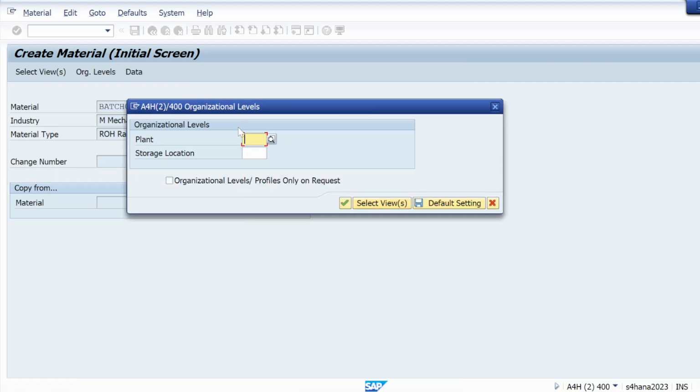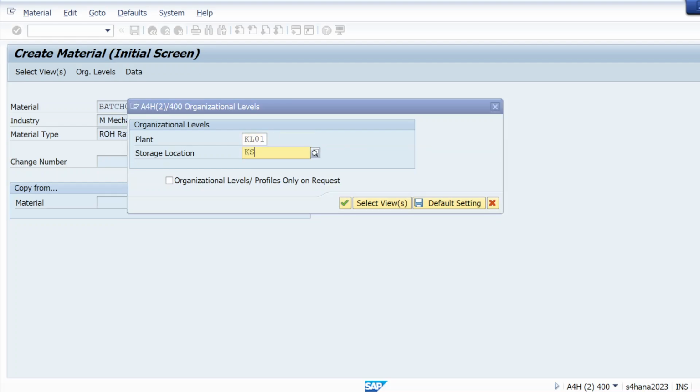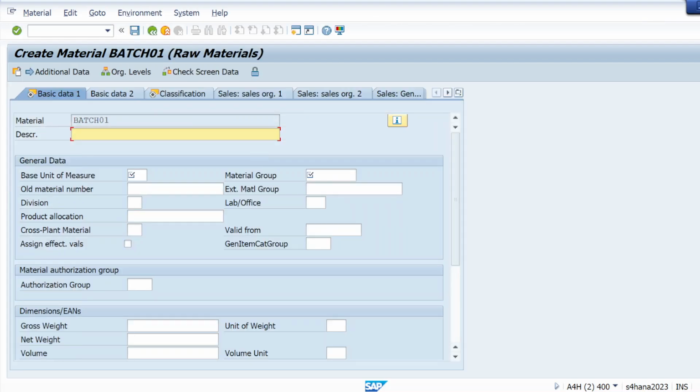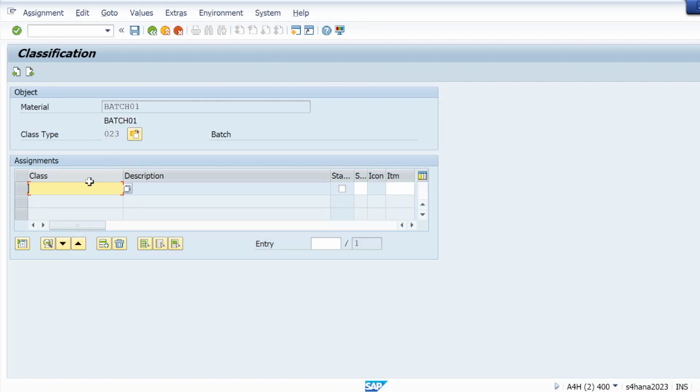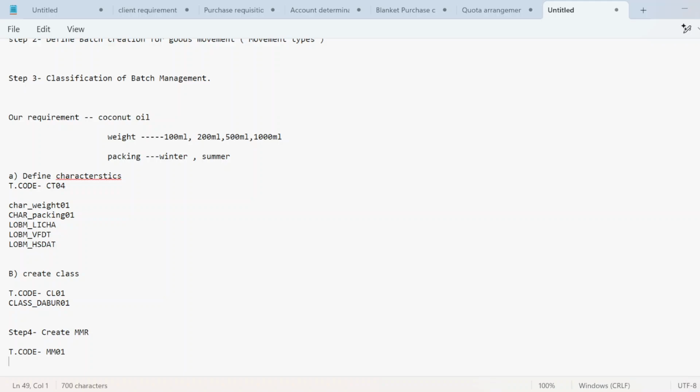Click on org level, give your plant here, storage location, hit enter, give your description, unit of measurement, let me give milliliter, material group. In the classification view we have to maintain our class. So our class is this one, we have to assign this class here.